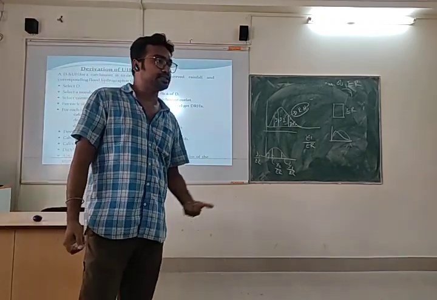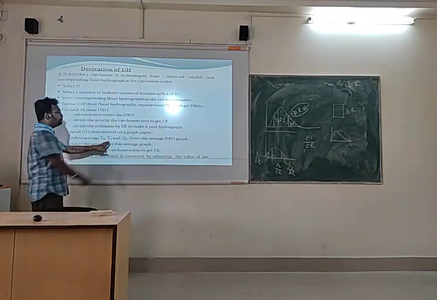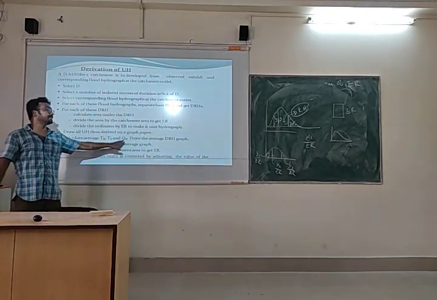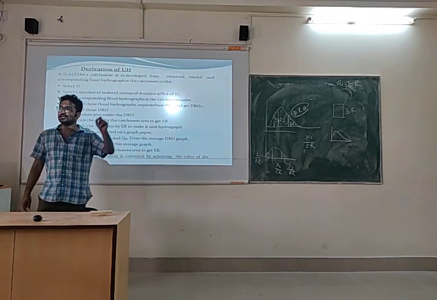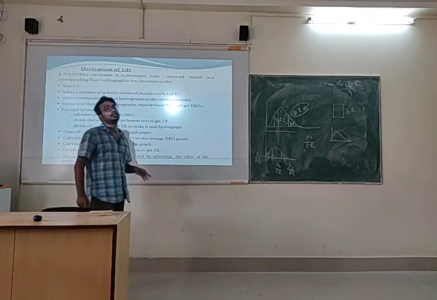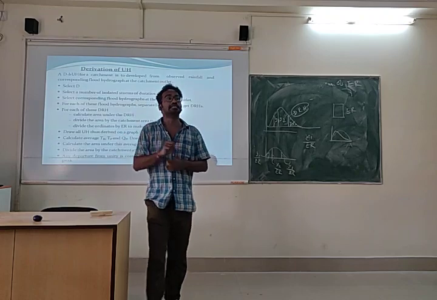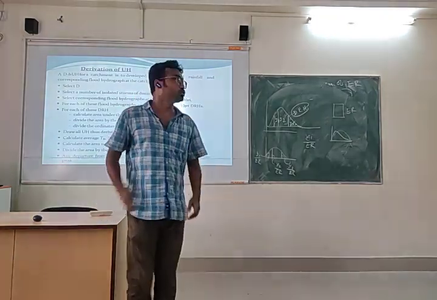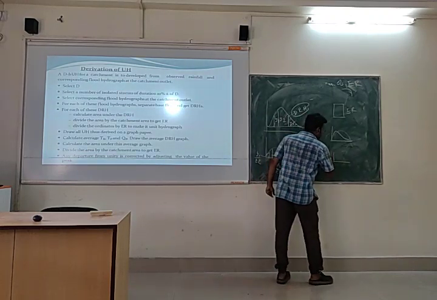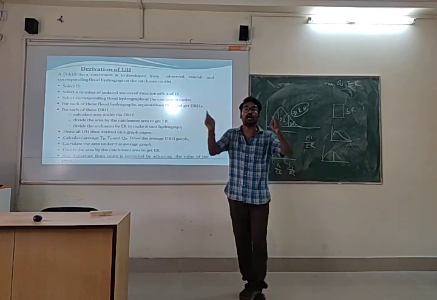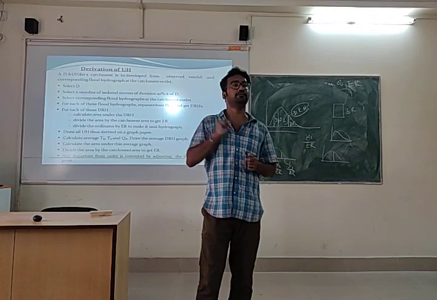Now we have to take the average. How? First of all we have to find out the time of the peak, when the peak is coming, and the discharge of the peak. Finding those two things, we can take the average. What is the average time of peak? What is the average discharge of peak? We can find out. So draw the average first. Then draw a unit hydrograph by looking at the other unit hydrographs, simply by eye.